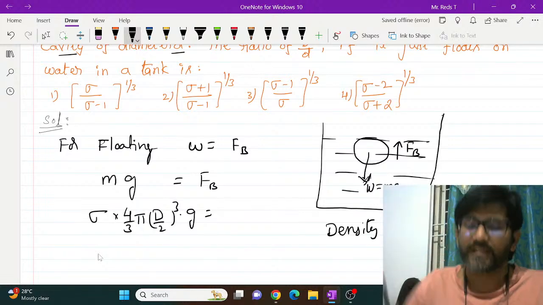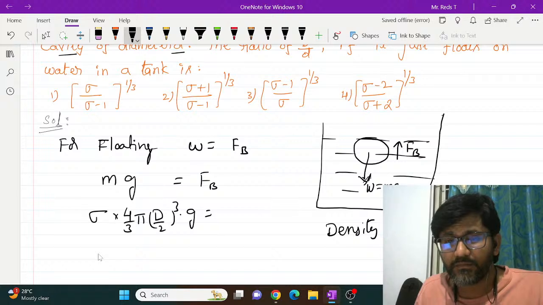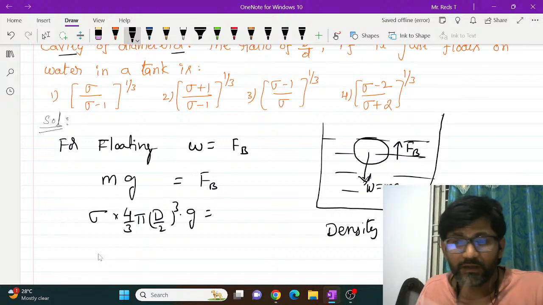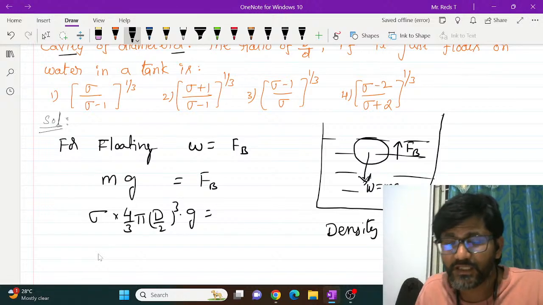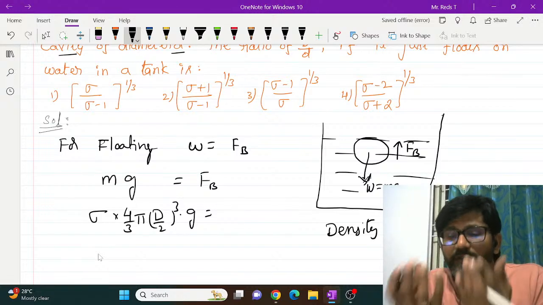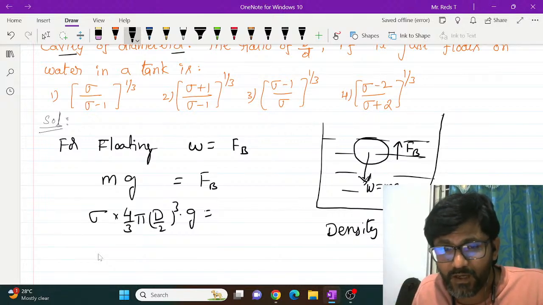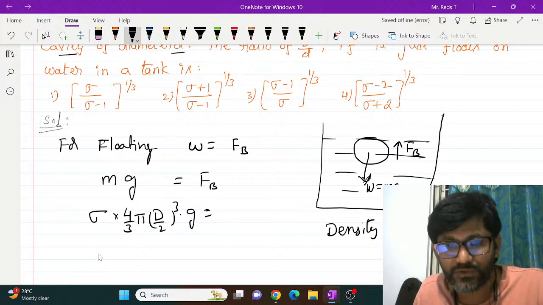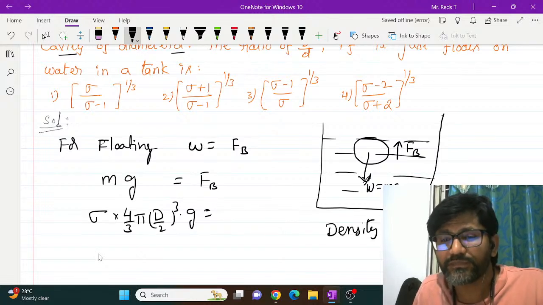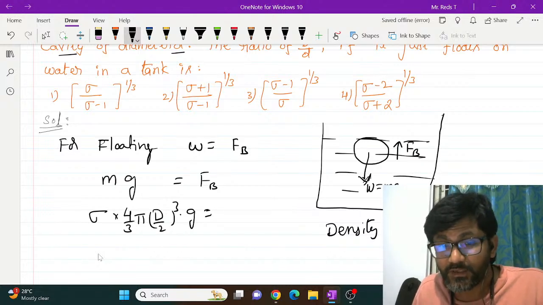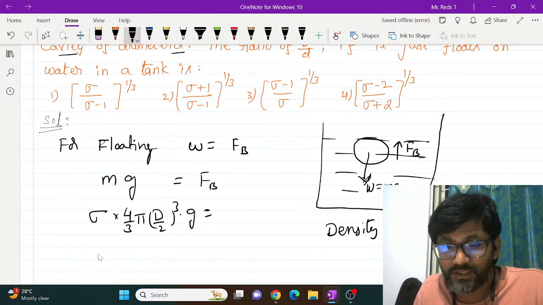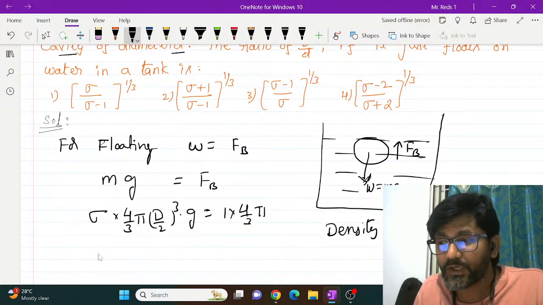But in this case, you have to write the mass of the buoyant force in terms of density and volume. Buoyant force will act due to the liquid, so you have to take the mass of the liquid which is exerting the buoyant force on the volume of the immersed portion of the body. So here we have to take mass equal to density into volume. Density in CGS units, if you take it as 1 unit, volume is 4 by 3 pi into